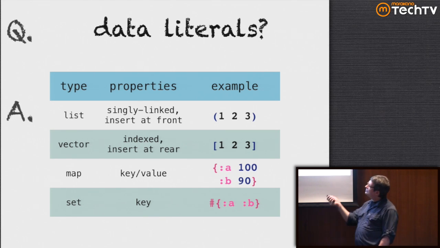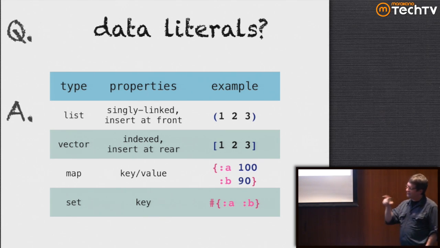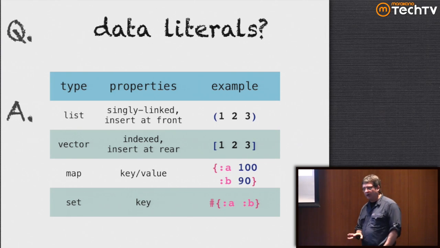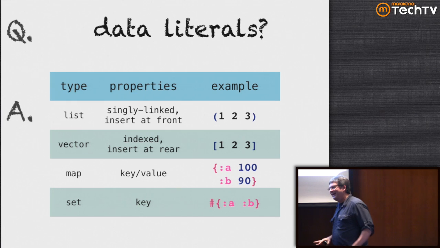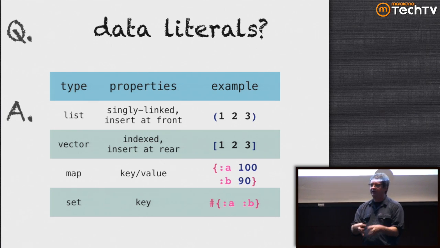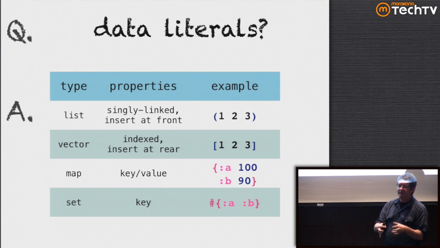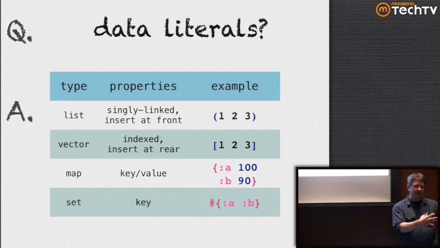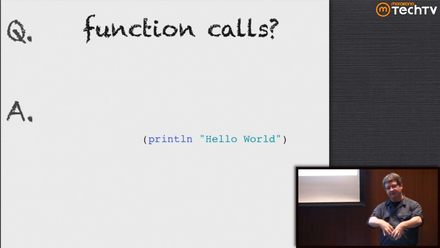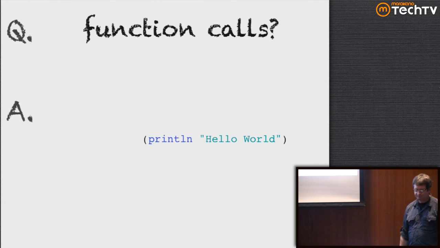And we also have sets, which have this syntax with a pound sign and curly braces. Clojure is very characteristic of a lot of functional programming languages in that it has very few data structures, but a lot of operations that understand those data structures. A lot of imperative object-oriented languages have a lot of data structures and a lot of operations. Most functional programming languages have a very small number of data structures, but a lot of things that operate on those data structures.